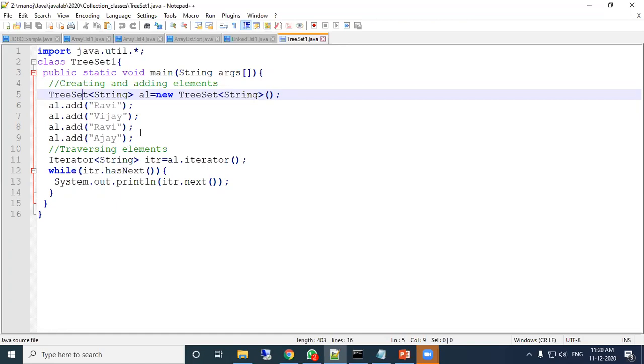And when you access the binary tree, when you traverse it, in which order will it traverse? Who can say? Binary tree will traverse in which order?